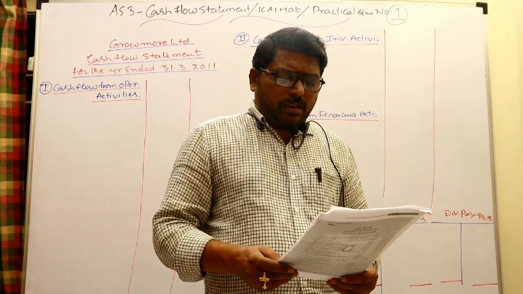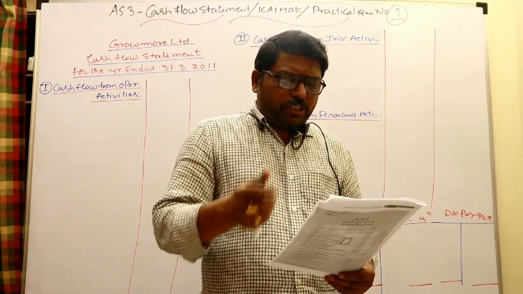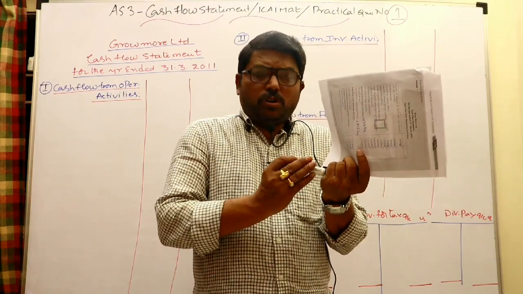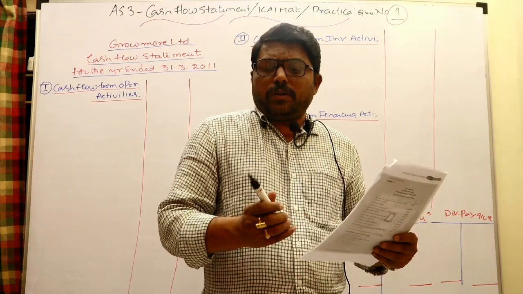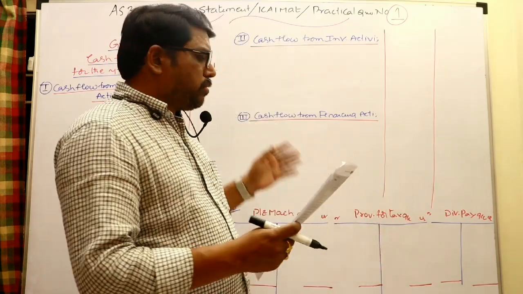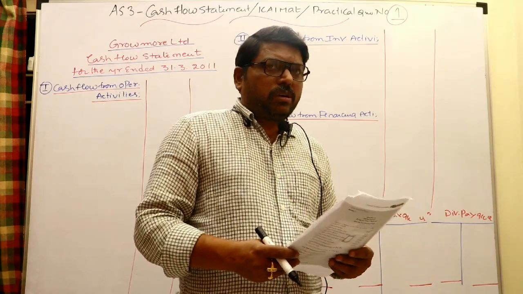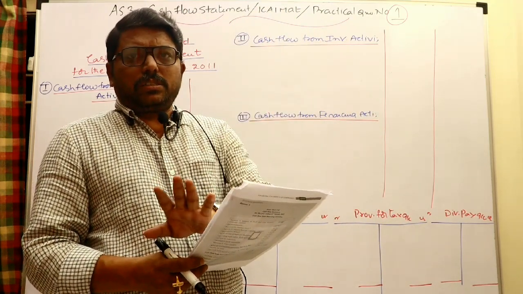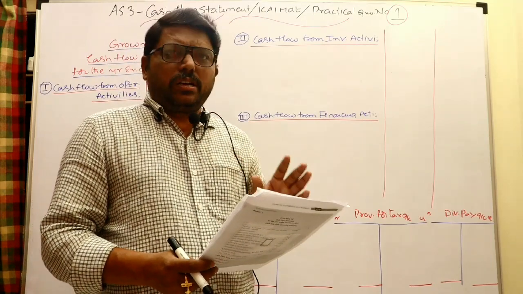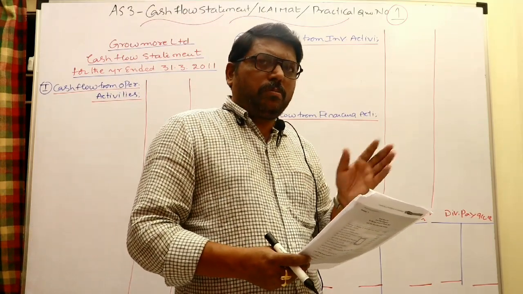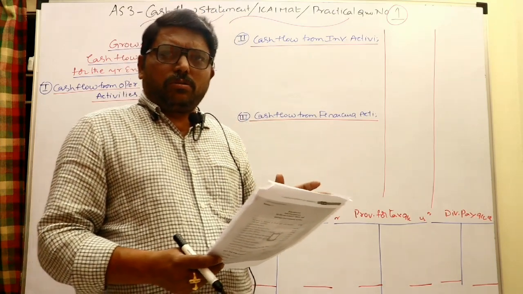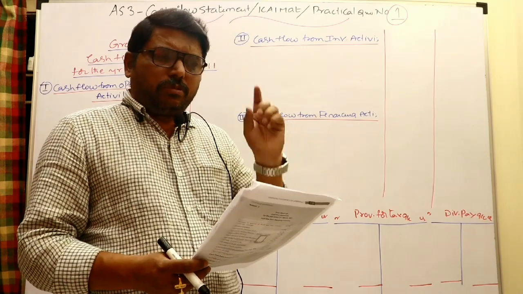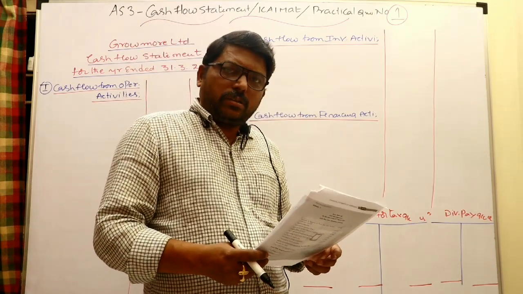Building under construction is not subject to any depreciation, so we need not provide for that. That's all. Come to the first: what working notes are required? After completion of working notes, we can go to the cash flow statement. First, in working notes, I said fixed assets, investments, current assets. A current assets account is not at all necessary, and in any problem we need not open the current assets account. It should only be taken as a change in working capital in the operating activities while doing the indirect method.